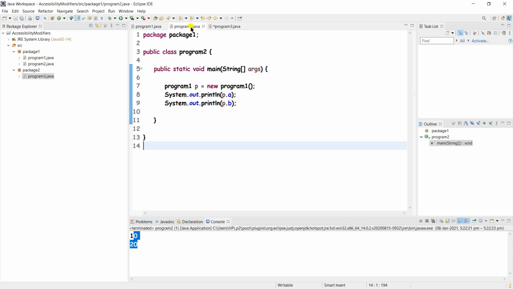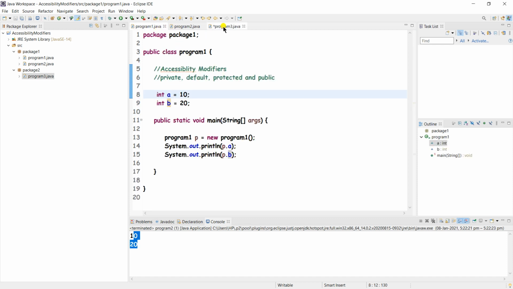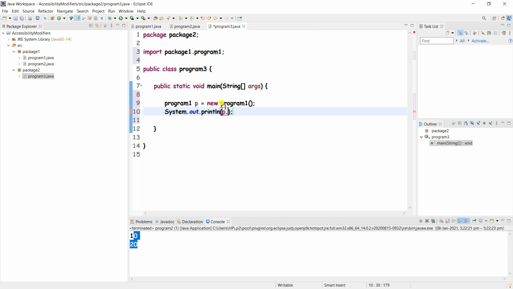We can access them inside program 2, because program 1 and program 2 are both in the same package. But program 3 is outside the package, in another package. That's why we cannot access these default variables outside the package, so there are no suggestions coming.